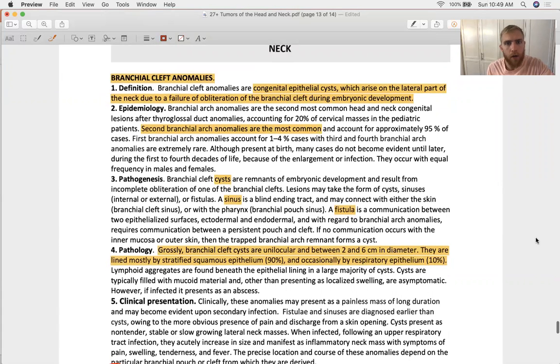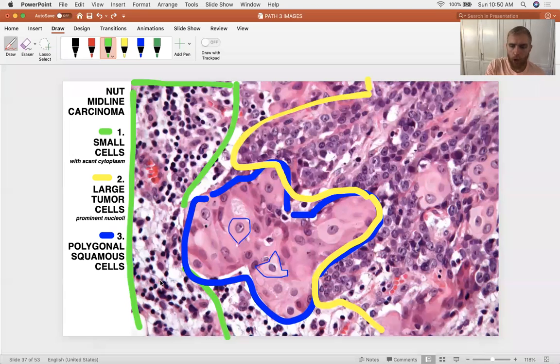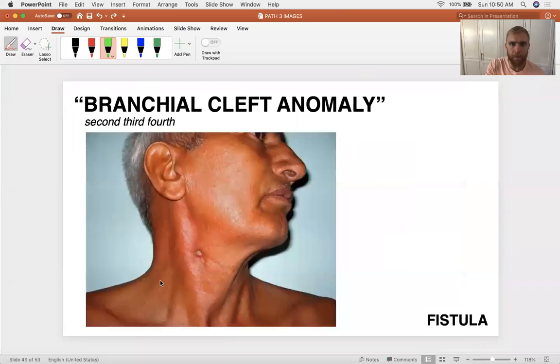Let's talk finally about the neck. Two types of abnormalities here. They're not tumors. We're done with the tumors for now. You've got branchial cleft anomalies and you've got thyroglossal duct cysts. So where are these coming from? Well, your branchial cleft, if you recall, is going to be,